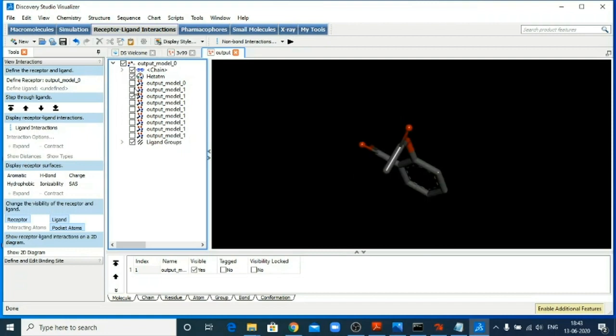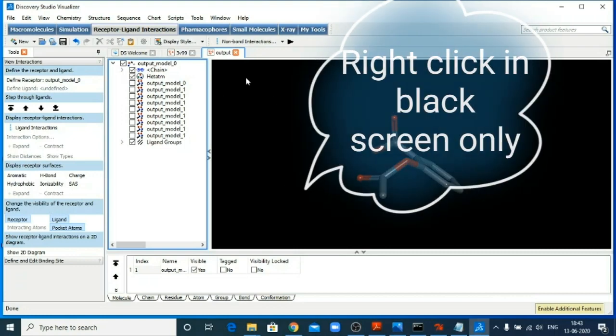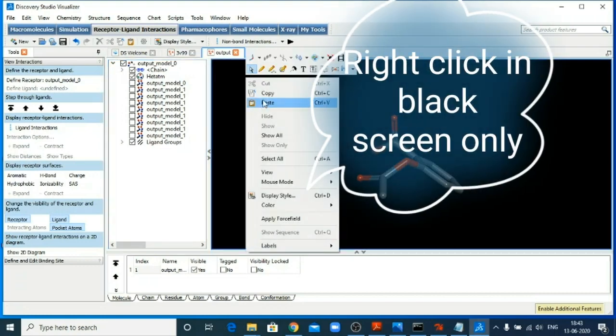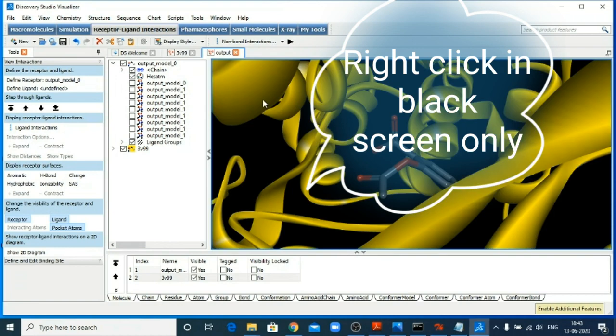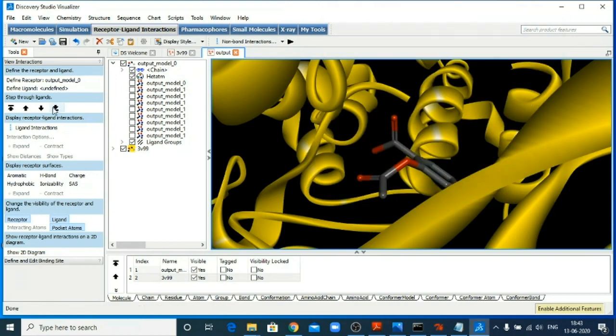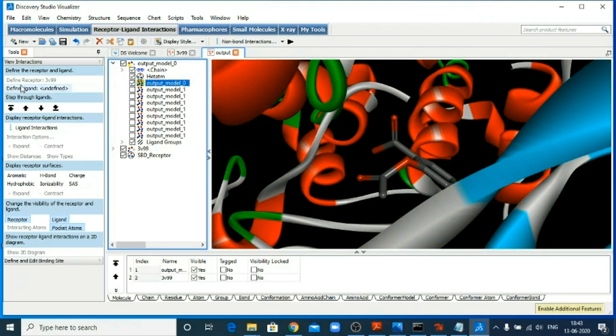Now place a right click and paste your protein molecule here. Now select define receptor. Now select the first conformation of your aspirin and select define ligand.